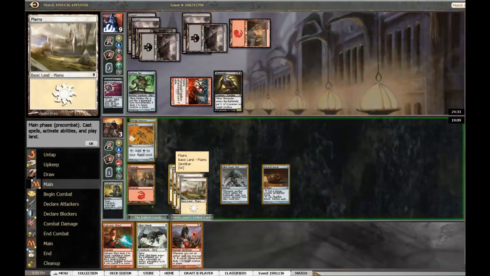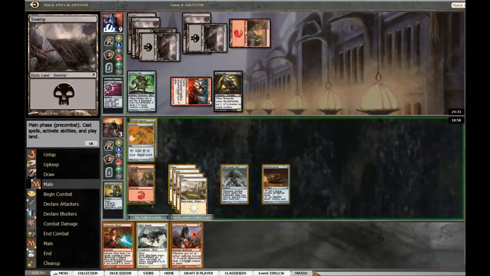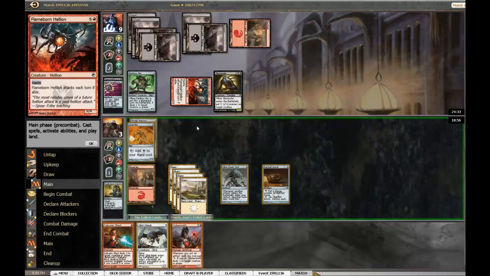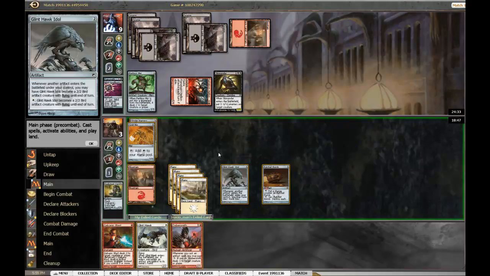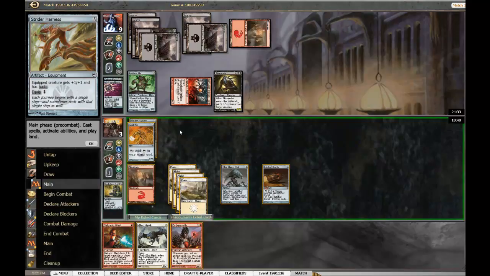So I Galvanic Blast, play Glint Hawk, and shift the turn, I guess. Or I can hold on to the Galvanic Blast. But so I just play Glint Hawk here. I kind of want to get Skin Render up to 3. So I can play Glint Hawk. Yeah, if I play Glint Hawk here,